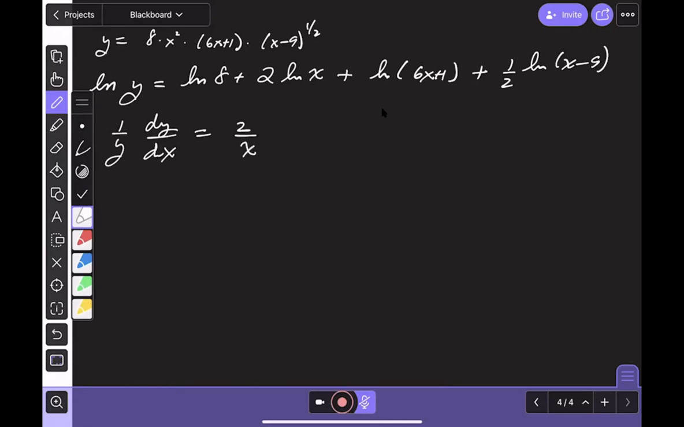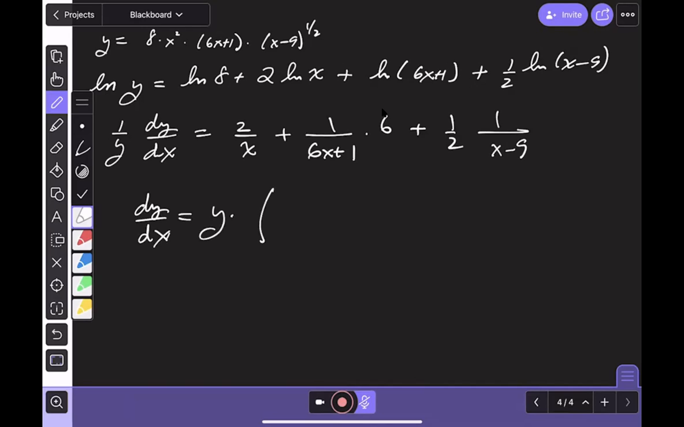That was simple. Plus the derivative of the next function is going to be 1 over 6x plus 1 times the derivative of 6x, which is 6. The next guy's derivative is going to be 1/2 times 1 over x minus 9. And the derivative of x minus 9 is going to be 1, so I'm not going to write that down. Now I'm going to write down dy dx is equal to y times 2 over x plus 6 over 6x plus 1 plus 1 over 2 times x